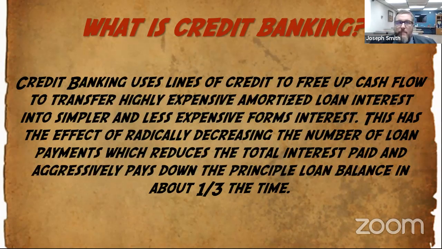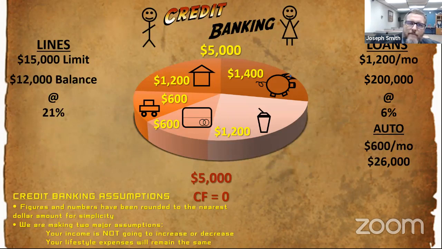People call it velocity banking, cash flow banking, infinity banking, mortgage sweep strategies, debt reduction strategies. There are little nuances and slight differences in all of them, but the general overriding principle is the same. When you learn how to convert really expensive interest into less expensive interest, then you're able to reap the benefits of paying things down faster and not having to pay as much in interest over time. So how do we do that?